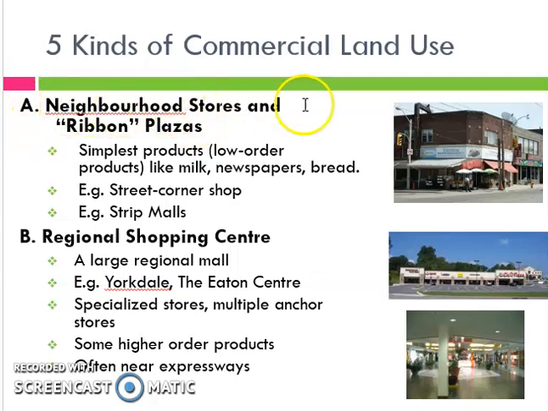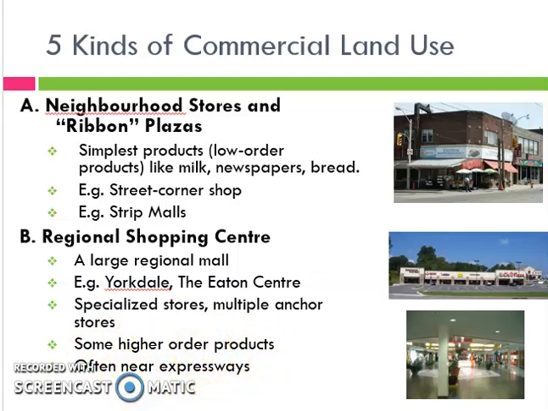The first is neighborhood stores and ribbon plazas. So simplest products, low order products like milk, newspaper, bread. So your street corner shop, your strip malls. The second is regional shopping centers. So large regional malls, so Yorkdale, Eaton Center, they have specialized stores, some high order products, often near expressways or